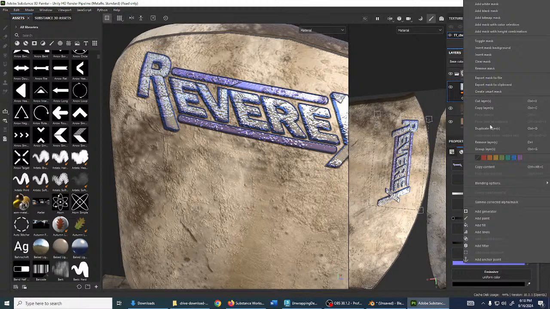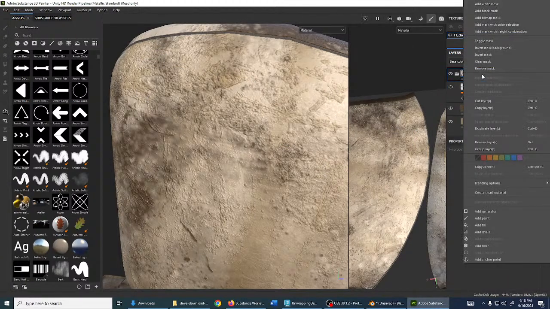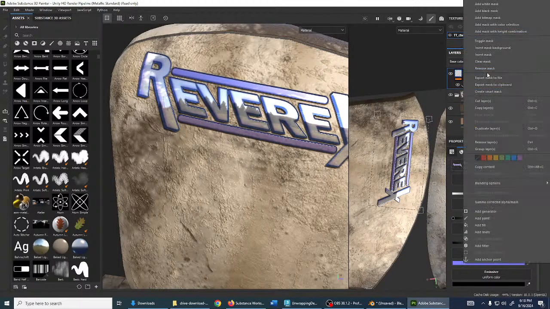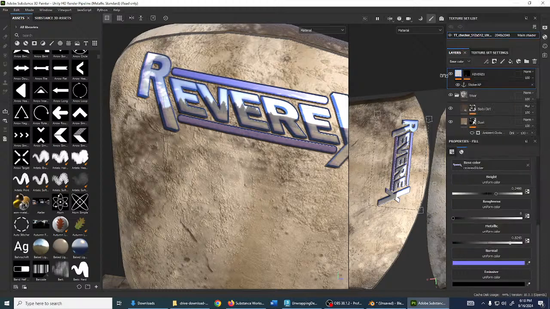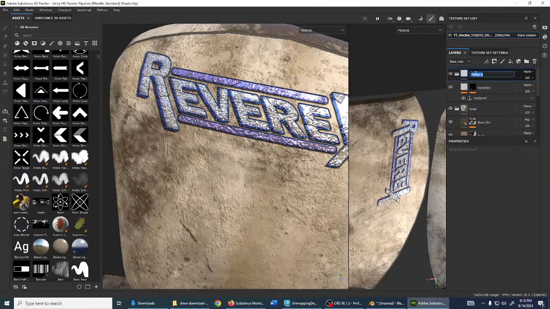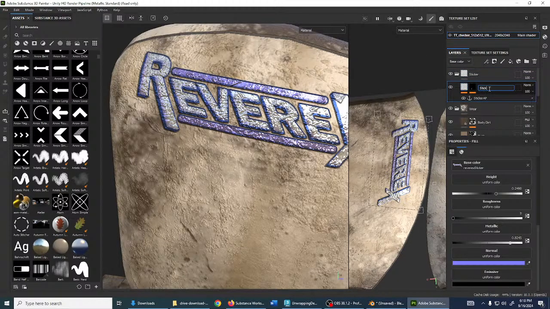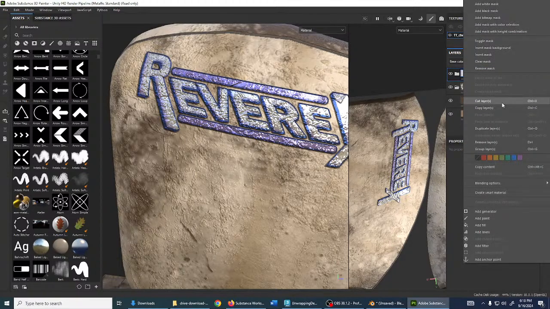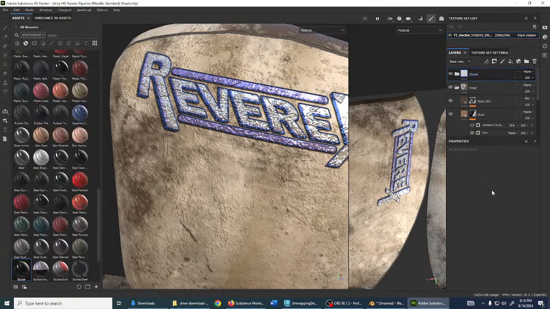Create Smart Material is grayed out. Yep, that might be it. Oh man, hold on a second, guys. We didn't prepare for this part really well. There we go. Okay, you're going to put it in a folder, and you can call it whatever you want. So I'm going to call this sticker, and then I'm going to call this sticker. And selecting the folder now, you're going to right click, and then click on Create Smart Material, and